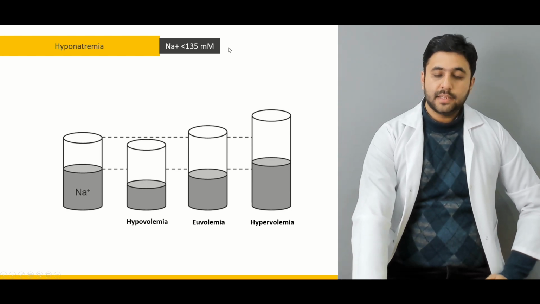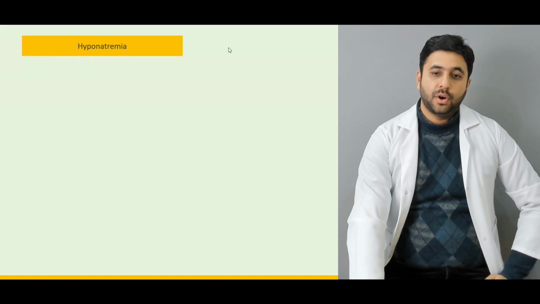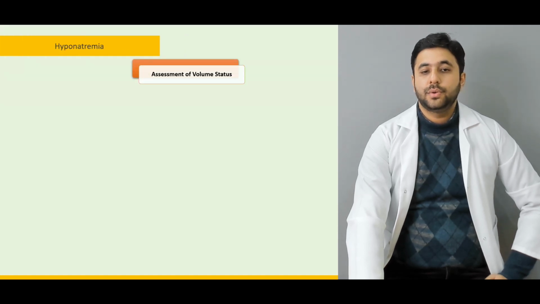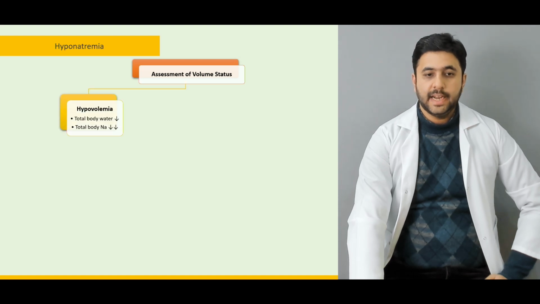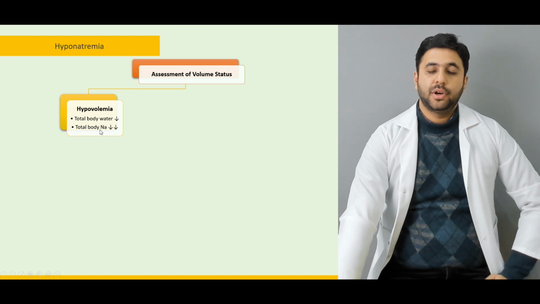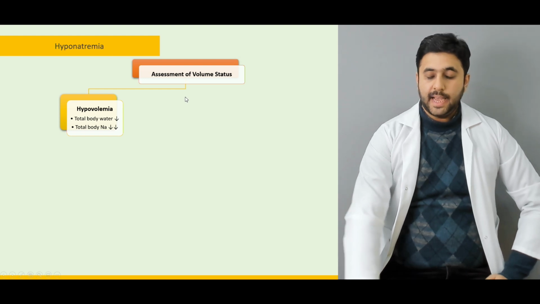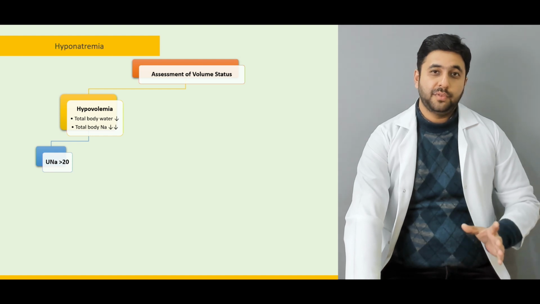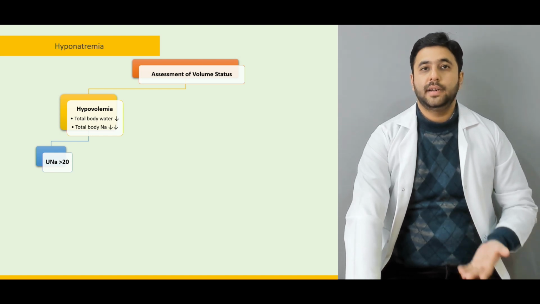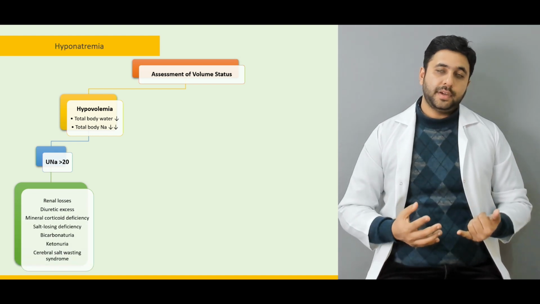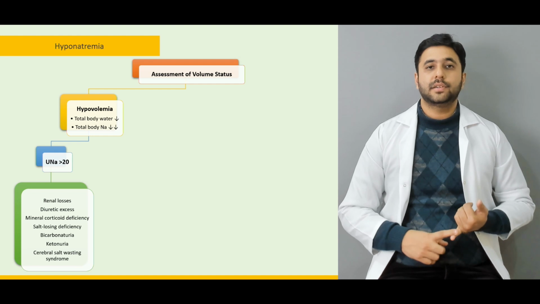And now we are going to look at the various causes of hyponatremia according to the volume status. Now we have to assess the volume status. In hypovolemia, as you know, the overall water content and the total body sodium go down. So what can be the various causes of hypovolemia? As you know, we have classified the causes of hypovolemia according to renal and non-renal causes. The number one indicator of volume in this context is